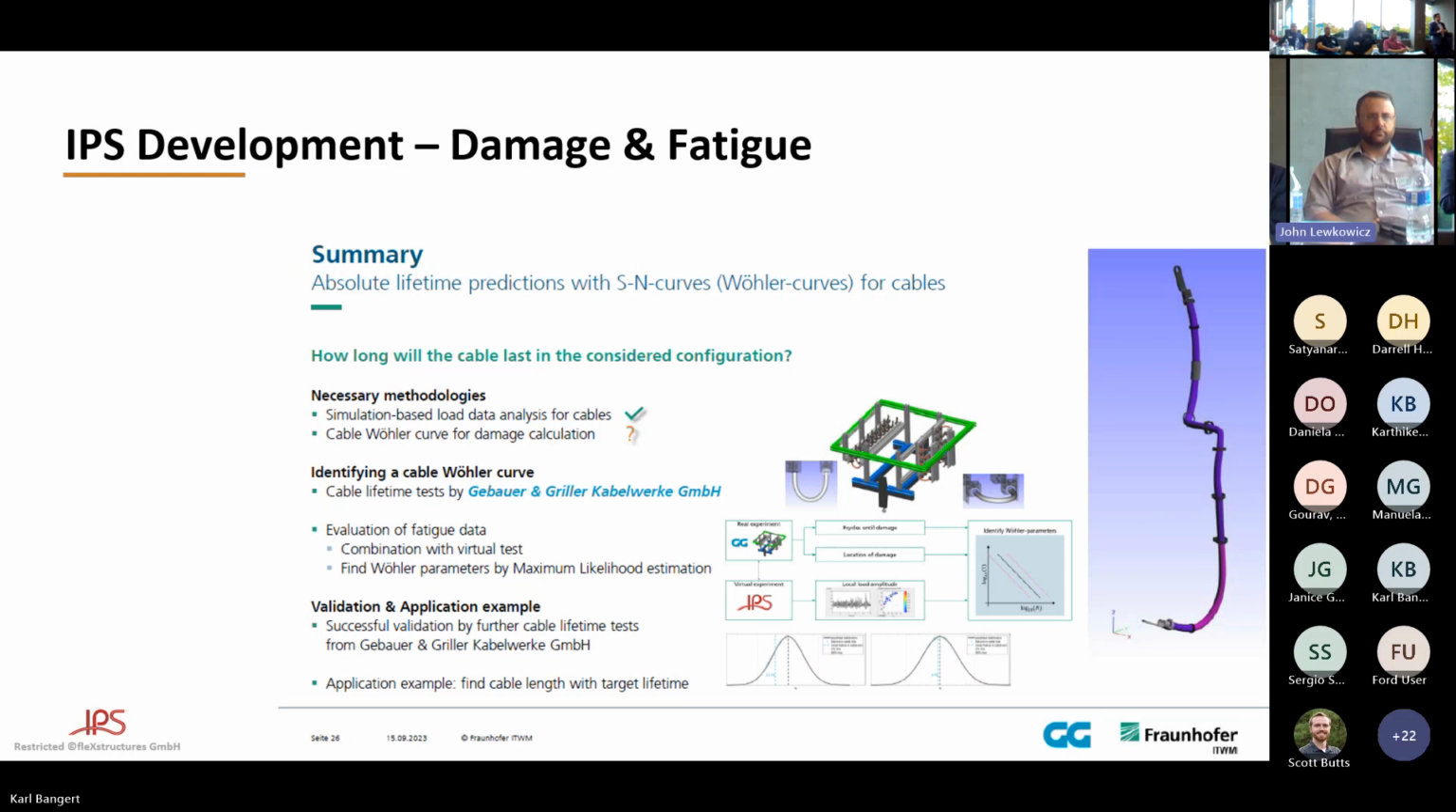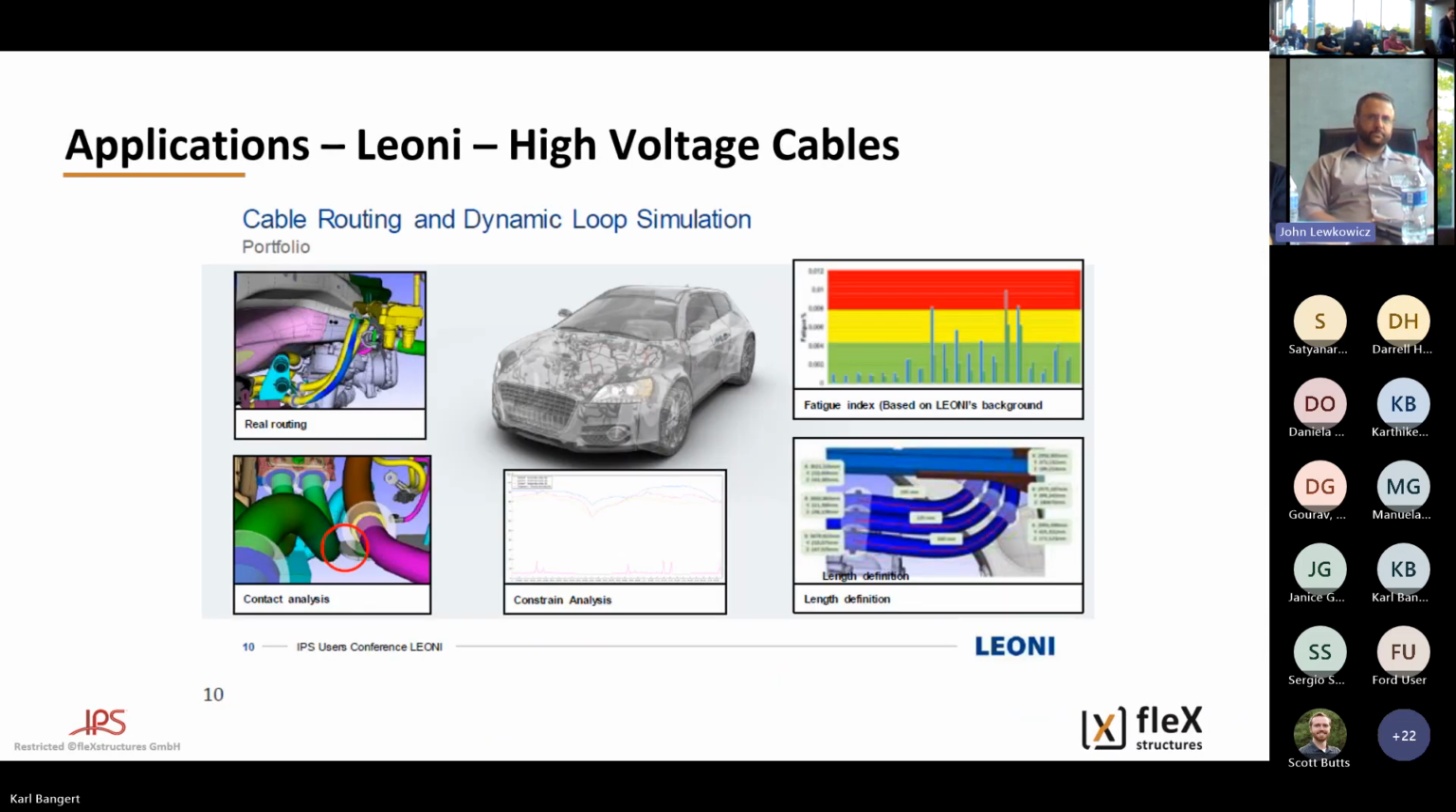And yeah, the hope is that we can get to absolute lifetime prediction when you've got S-N data for the cables themselves. So that generated a lot of questions and interest. And again, we're trying to work directly with cable manufacturers so that this type of information can be brought to you. Another IPS user and cable manufacturer, Livonia, gave a presentation about this effect,